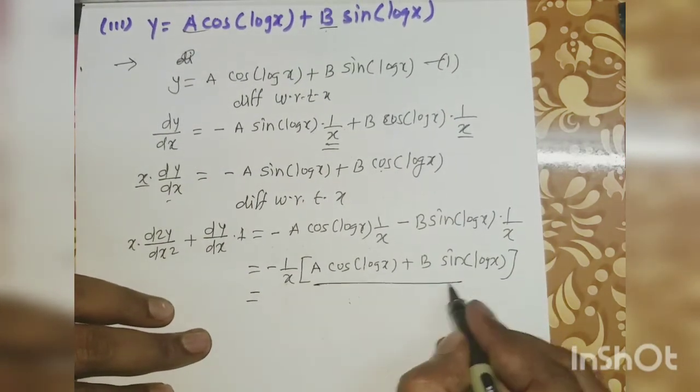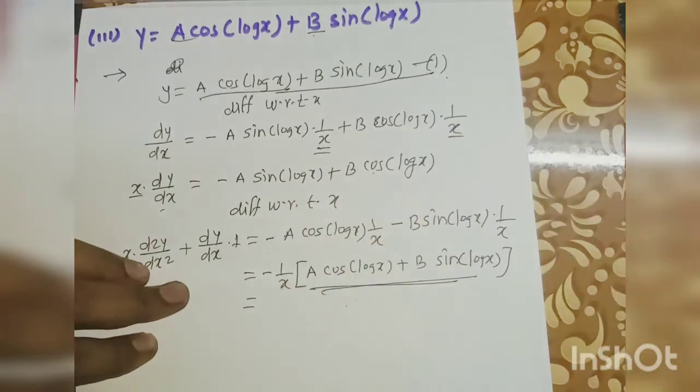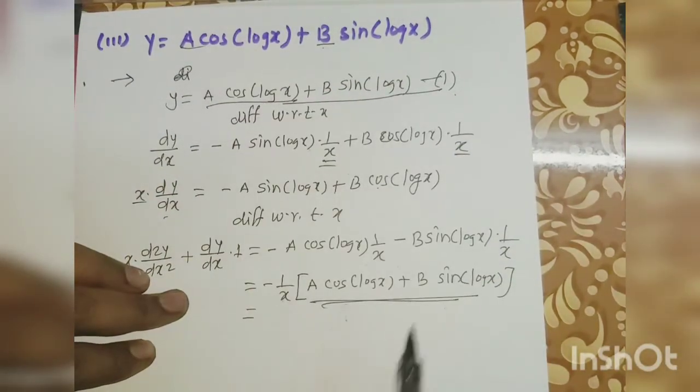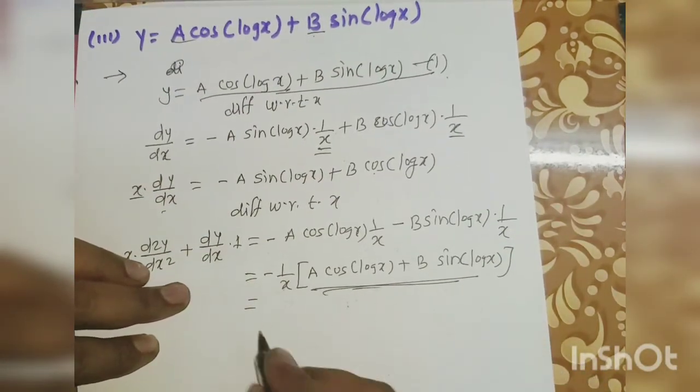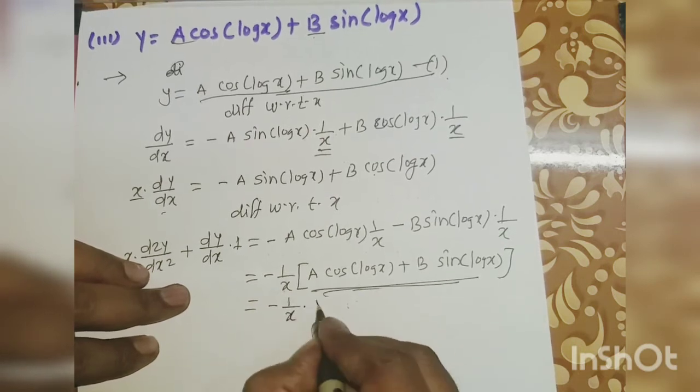Now this bracket and the given equation 1 are the same. In place of this square bracket we write minus 1 by x into y,